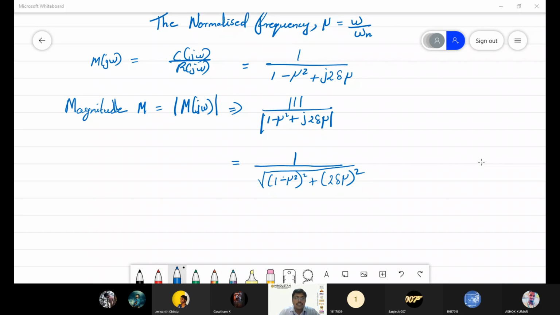So that's all about the resonant peak, right? The value is the root of (1 minus mu square) the whole square plus (2 del mu) the whole square. We can keep it as it is, no issues. This is our magnitude, so I can write it as magnitude M is equal to,